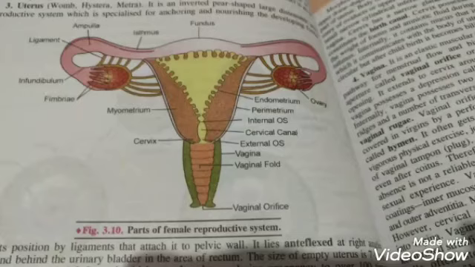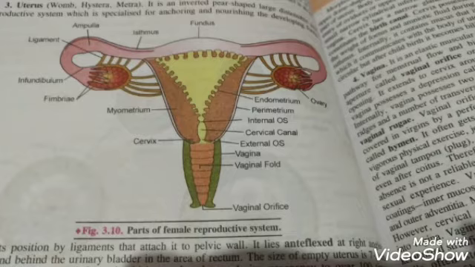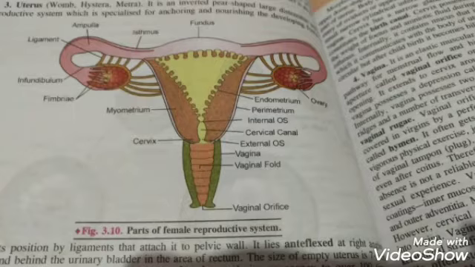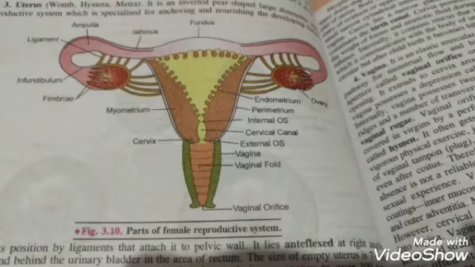We have started chapter 3, and there we have learned about the male reproductive system, its structure, both internal as well as external. We have learned about the glands which participate in reproduction. Now, moving toward the next topic, that is the female reproductive system, we will learn about its structure and the glands which take part in reproduction.